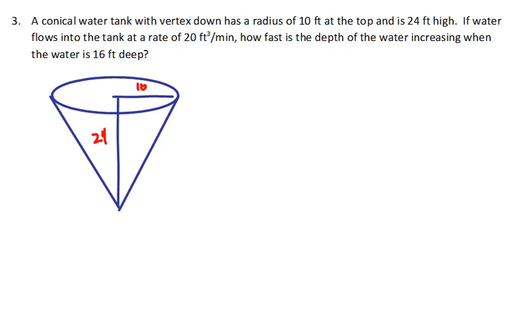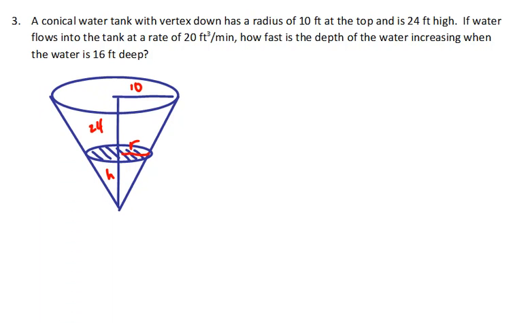Now we want to be careful in this not to call the 10 feet radius our variable r, and not to call the 24 feet our height h, because in this case the water is flowing into the tank, and as the water flows into the tank we can see that the water level is rising. And as the water level rises, both the height of the water in the cup and the radius of the surface of the water are changing. And those are what we're going to refer to as H and R. So we have the diagram here,